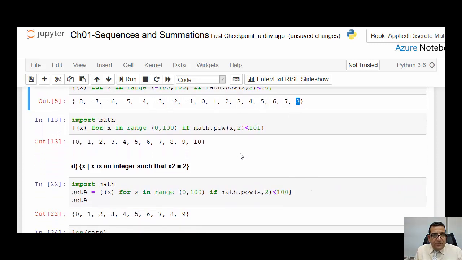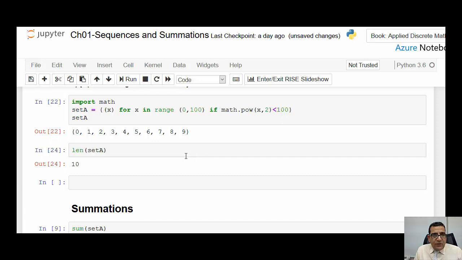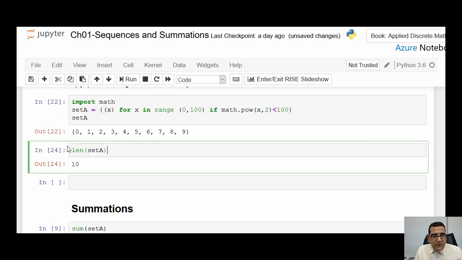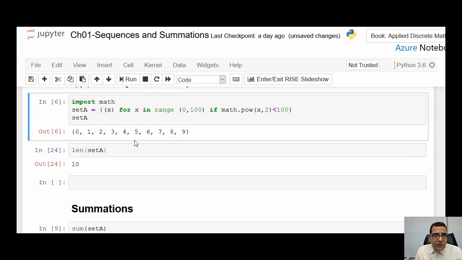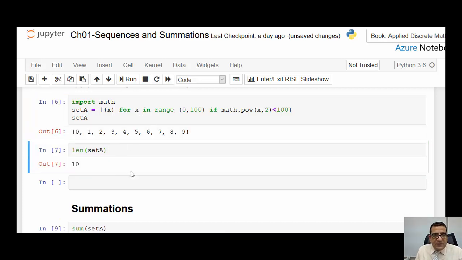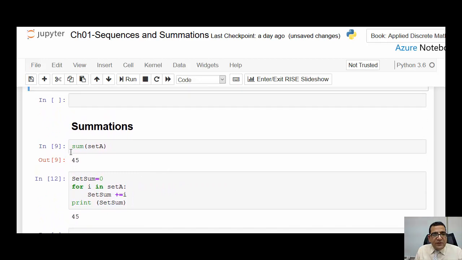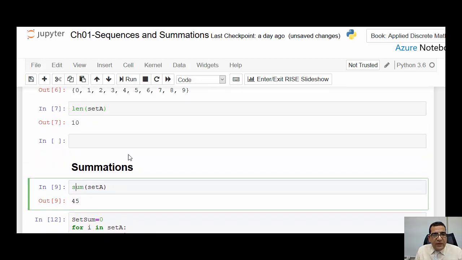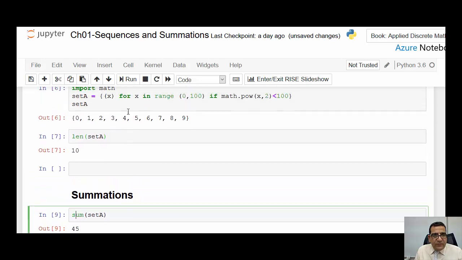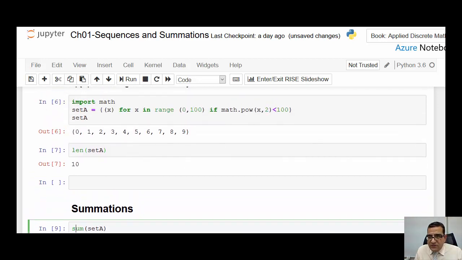Okay, now the same thing here. So now if we want to find the cardinality, we said before that it is the length of the elements in a set, as we see here in this set A, so try to find it, it is 10 elements. Summation, find the summation of a series. We can simply use a sum method, sum of set 1 and set A, as we see here in this